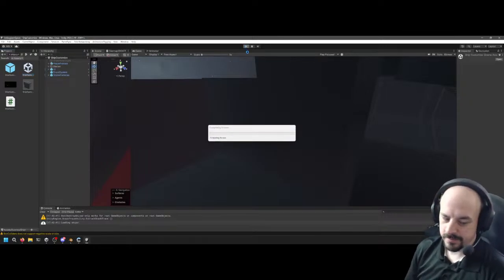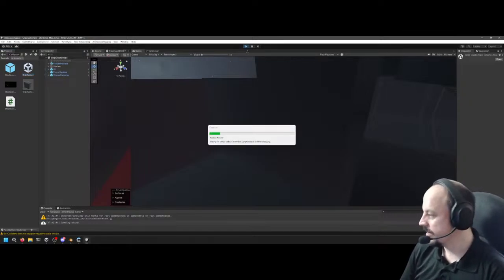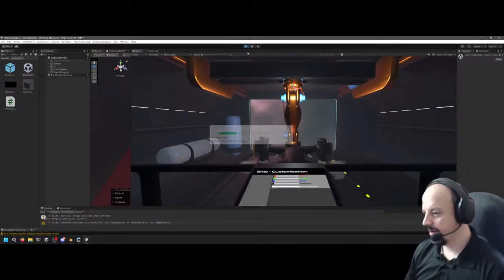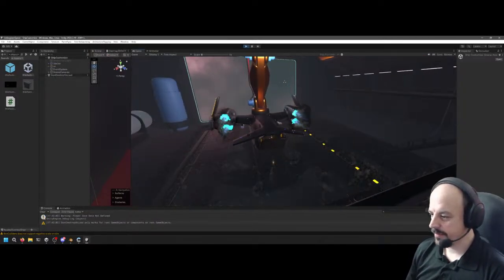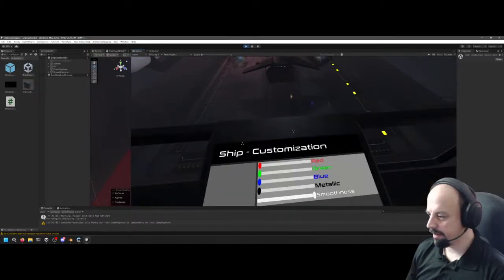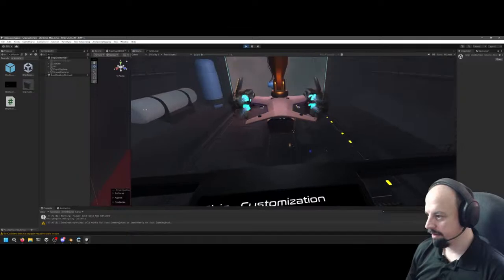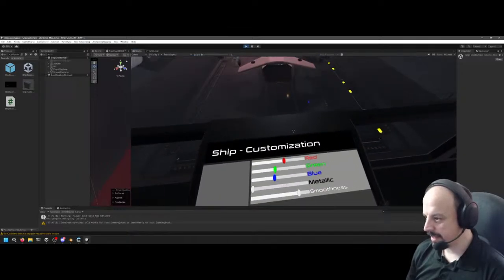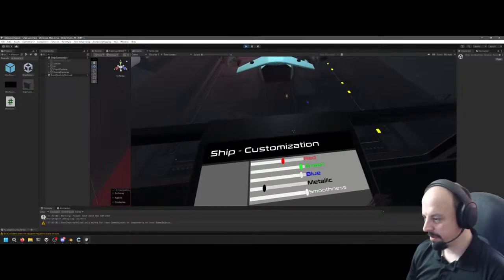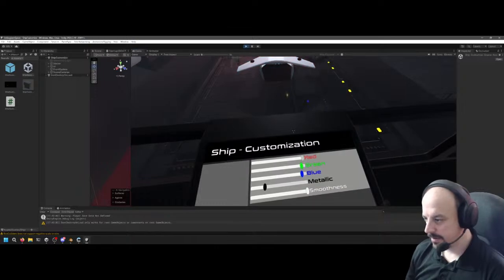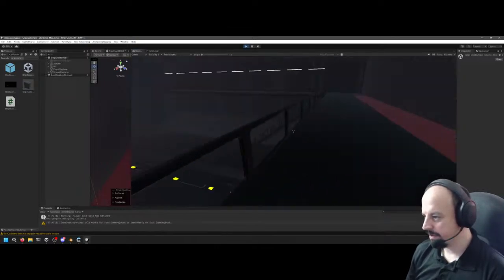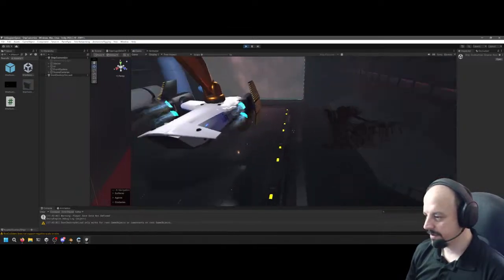Same scene, but slightly different. Right, so here we have our ship anchored, and I can change all the colors and the reflectiveness, how metallic it is, how smooth it is. If I want to do something really white, really glossy. I haven't changed it. I haven't done anything with it. Nothing has changed.